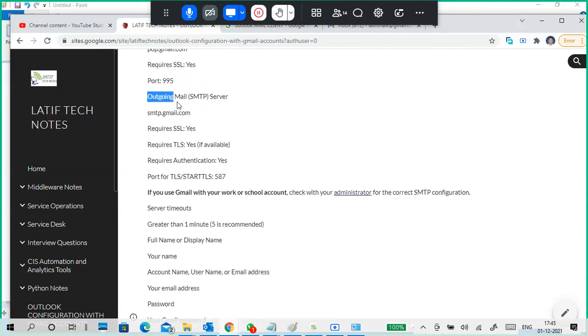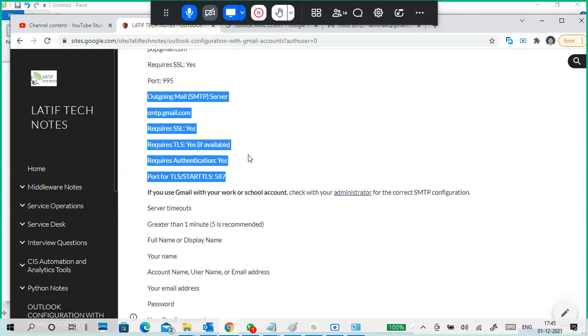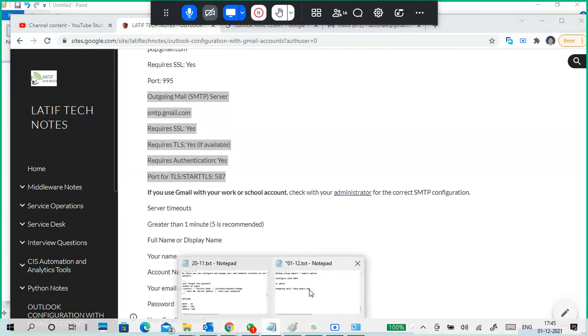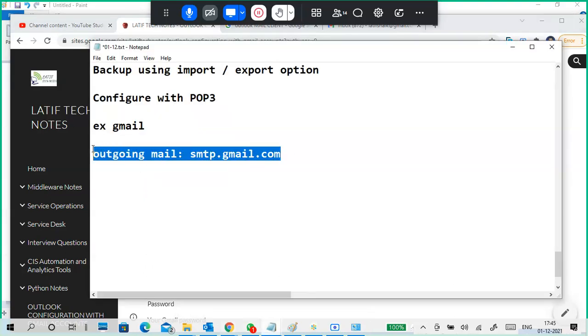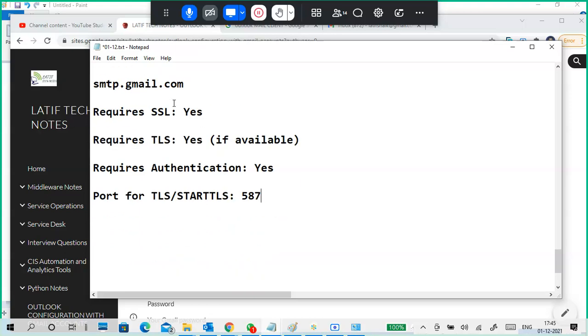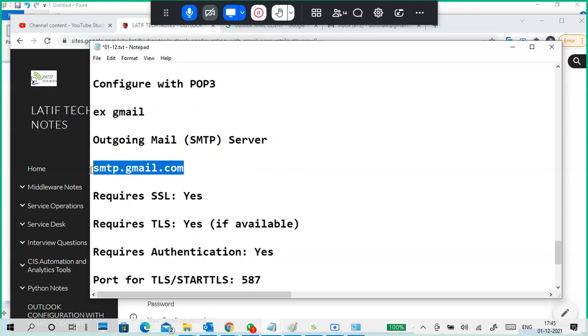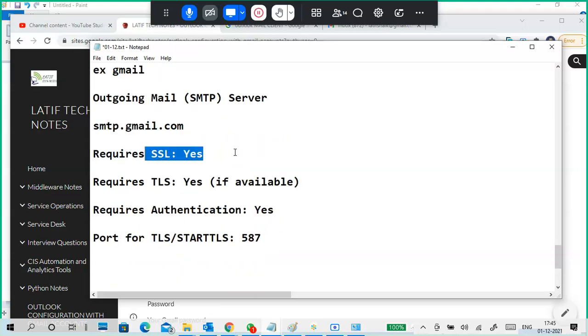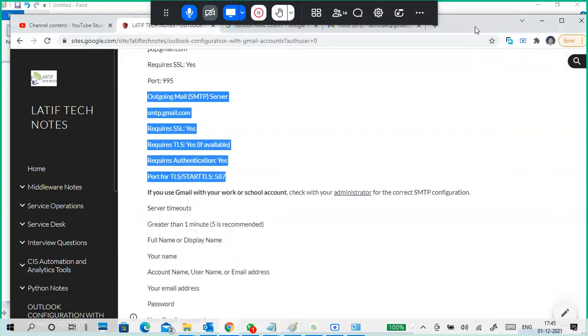Okay, outgoing mail server. So what is this SSL and TLS? Why are the port numbers different here? What is this part? What is SSL? I will show you here, guys.